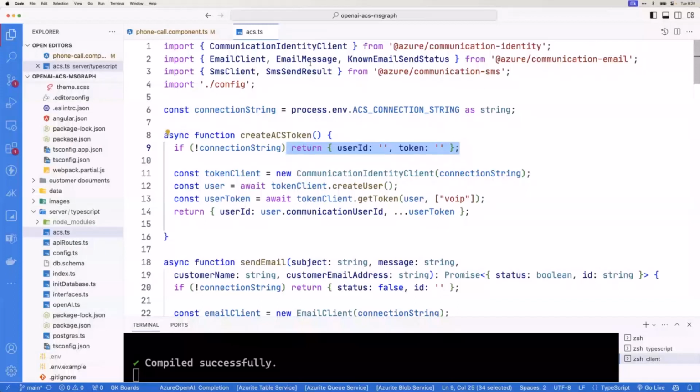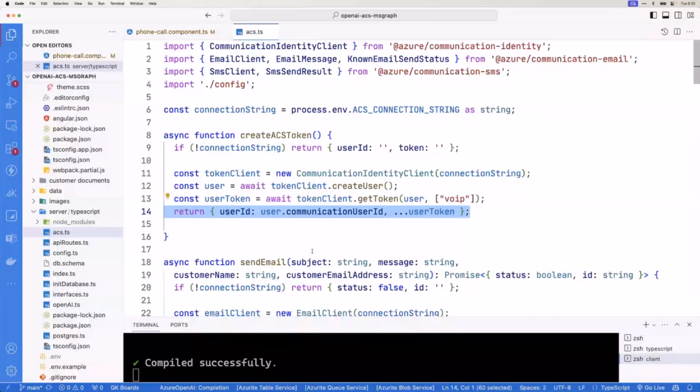So what I'm going to do is take this communication identity. I'm going to feed it that connection string I just showed you in the portal. And keep in mind, this is all on the server side, though. And then we're going to use that to create the user. And then once we have that, we're going to also create a voice over IP. That's the VoIP, voice over IP token that could then be used so that we can make this call from the client side. All right, so now we're going to send that data back, and that's the API. That's it. It's a really, really simple API. Of course, this doesn't make the phone call. It's just going to give us the user ID and the token so that we can make the phone call.